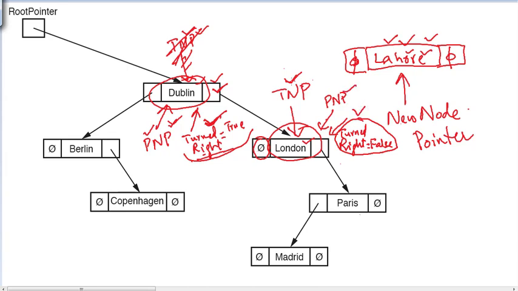Once we've done this, then we can update TNP. So TNP is updated using this value, right? The value lying in the left pointer. So TNP is going to become null. So TNP will become what? Null. Once TNP becomes null, we have to stop